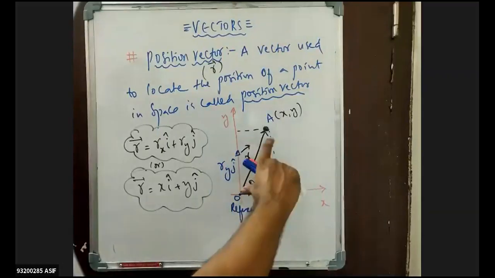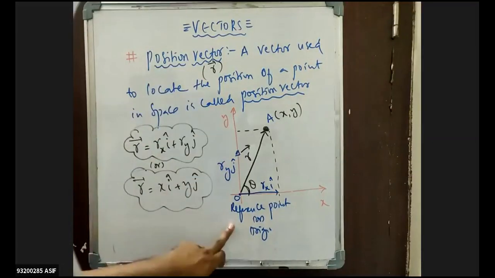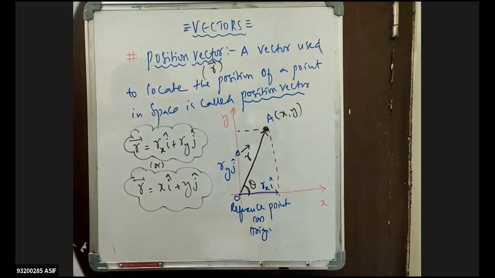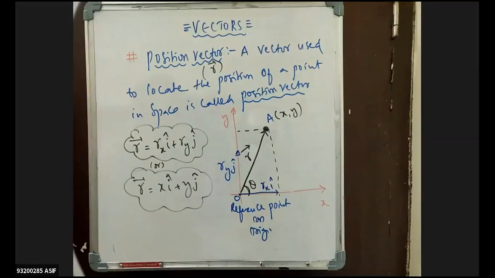So O to A will give me the length, also known as the magnitude. I hope you're clear what the definition of a position vector is. It is also a 2-mark question for your board examinations, beta. A position vector is nothing but a vector used to locate the position of a point in space. To define the position vector, is a reference point or origin required or not required? It is required, 110%. Without the help of the reference point or origin, we cannot define the position vector.